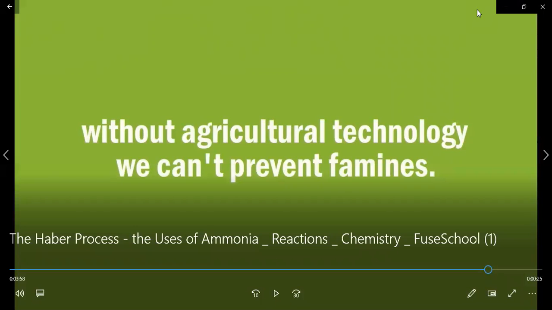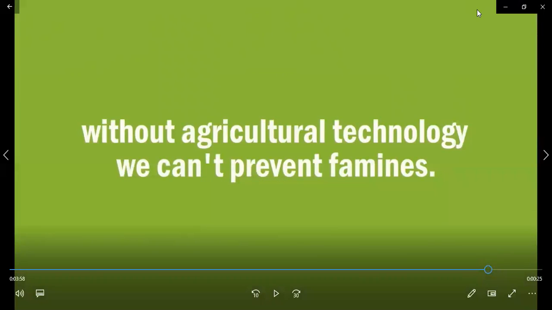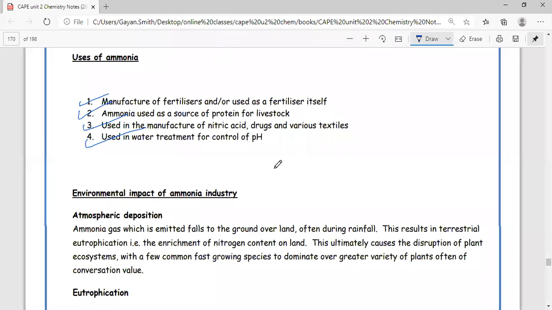So as we had discussed before, this Haber process was a life-changing process that allows us to produce foods on a large agricultural scale to prevent famine without having to depend on just the nitrogen cycle to produce fixed ammonia for us. Now, let us consider the final part of this topic, which is to look at the environmental impact of